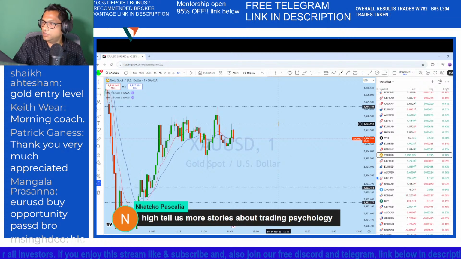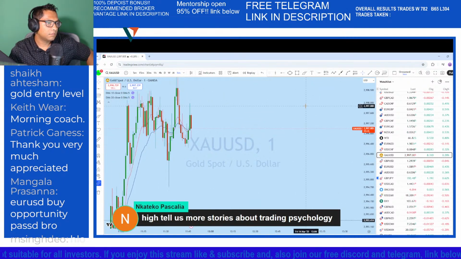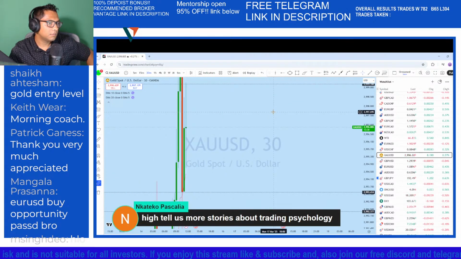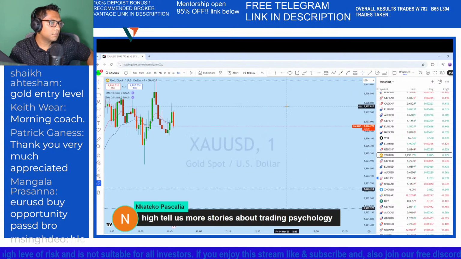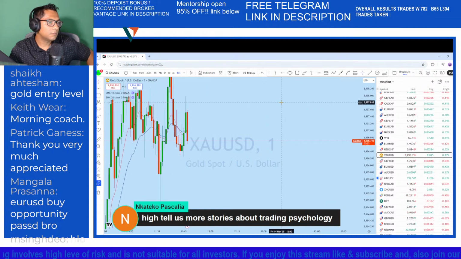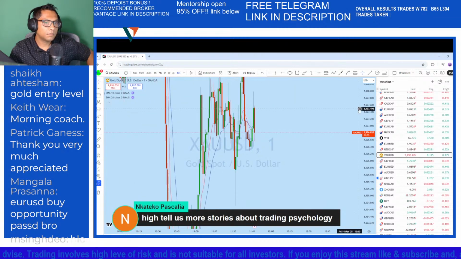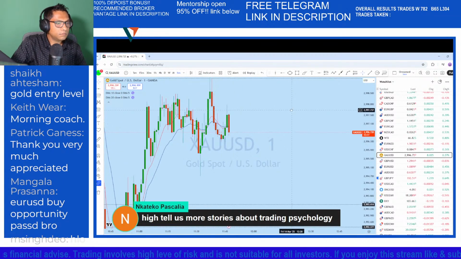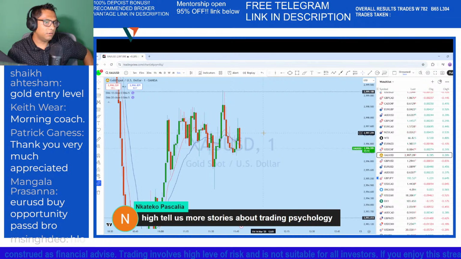And then there is a rejection. So a long wick candle,